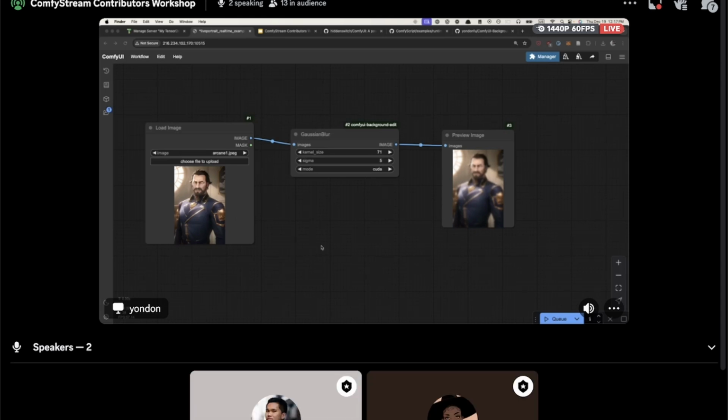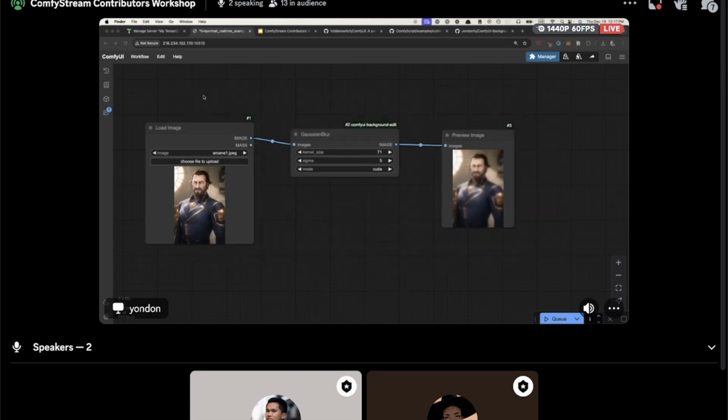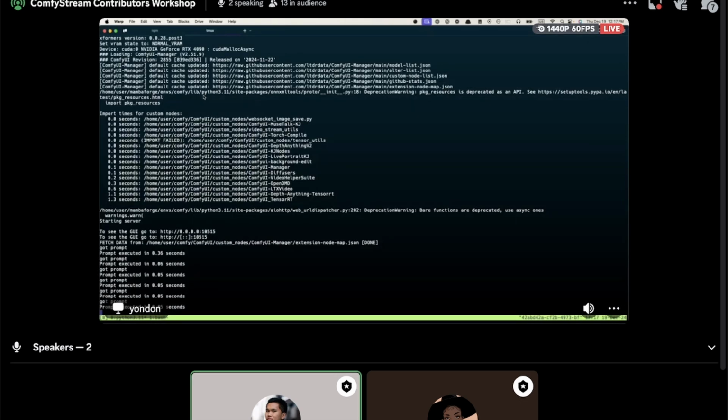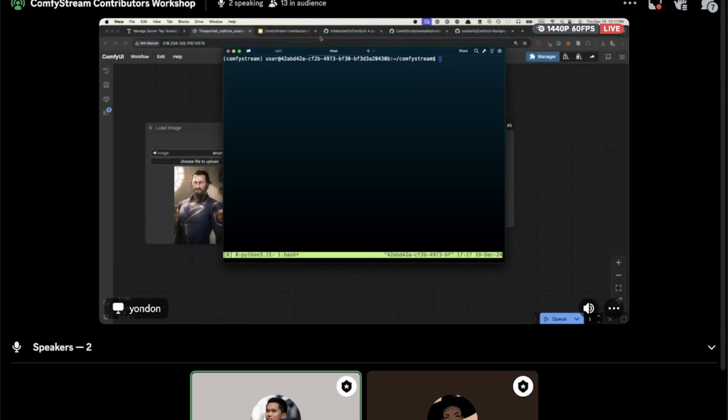Sorry about that. So brief recap, we now have an image-to-image workflow for blurring within Comfy UI. In my downloads folder, I've exported the workflow as a JSON file, and that's something we need to take over to ComfyStream. So if I pop back open my terminal and head on over to this window, let me make it a little bigger so it's not tiny. I'm going to run a ComfyStream instance,